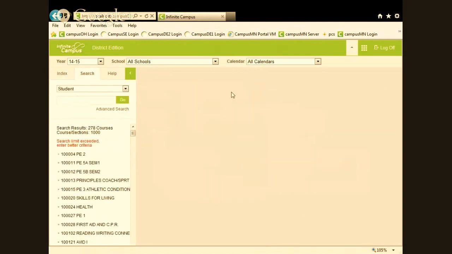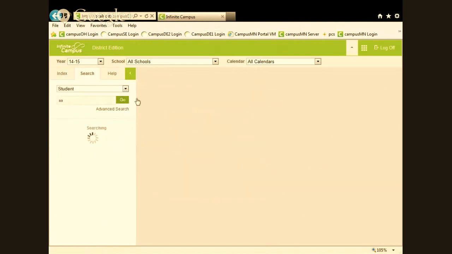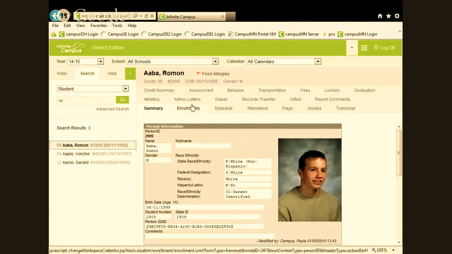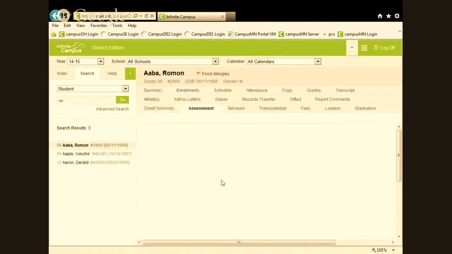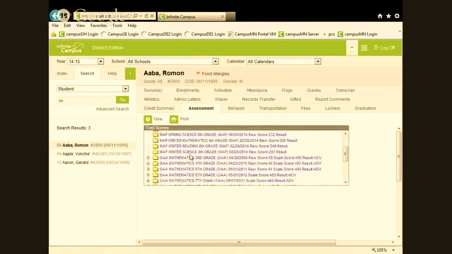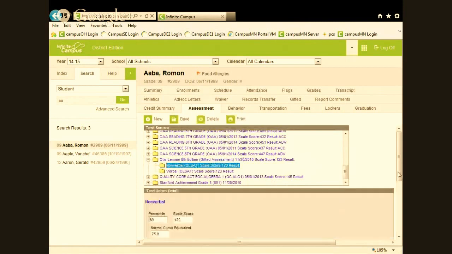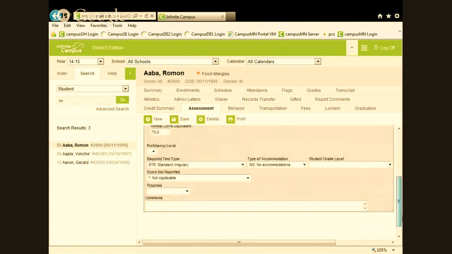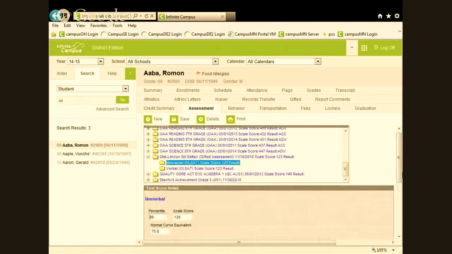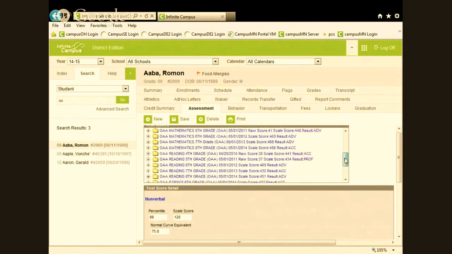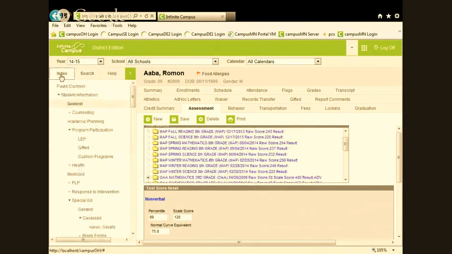general, we have assessments. So in the assessment area for the student, and you can give this to your teachers, they could come in and take a look at the test scores that they've had and the results. So this is just based on the import of information. It is historical, so it will follow the student from year to year, building to building, and continue to build. So a fifth grade teacher can see what they got in kindergarten, first grade, second grade, third grade on their third grade reading tests. And in the assessment area,